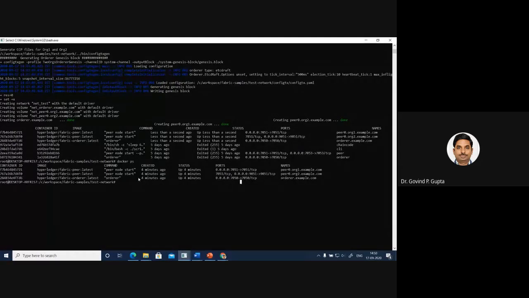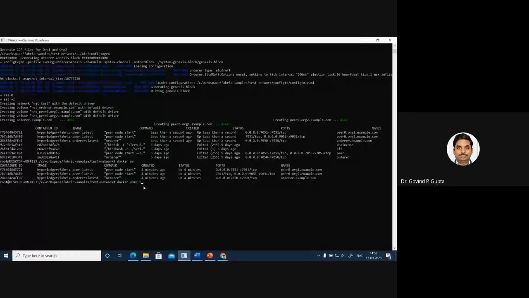Now once a network is created, meaning a dummy network where there are two nodes and there is mychannel, if you want to check what the name of the channel is, simply write docker exec. Since the channel is associated with each peer, suppose I'm using this one.